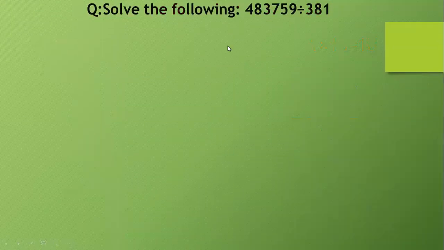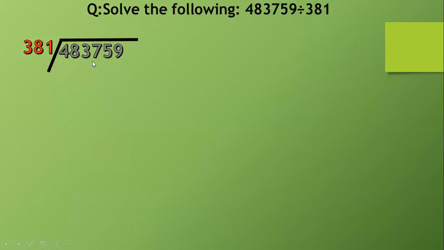Now students, we will solve a question of division in which our dividend is a 6-digit number and divisor is a 3-digit number. And our dividend is 483,759 and our divisor is 381. First of all, compare the 3 most left digits of the dividend with the divisor. Clearly,